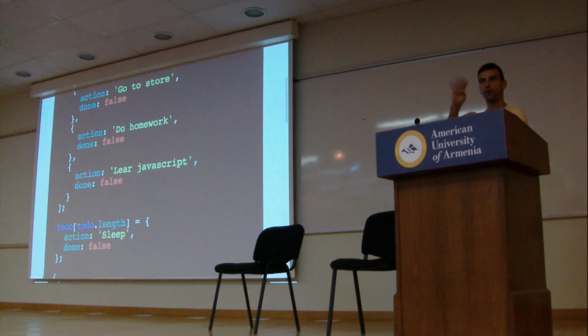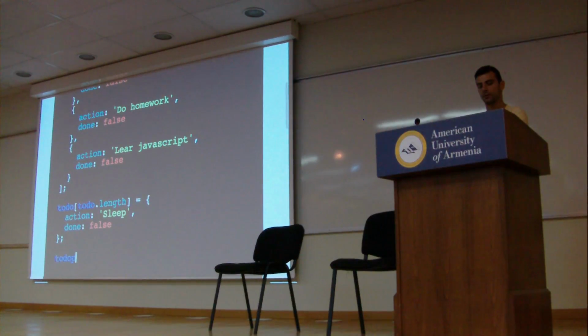So now you have 4 items in your to-do list. And okay, now let me mark that last thing that I added as done. How do I do that? The last thing. Length minus 1. Done. Why minus 1? Because right now,